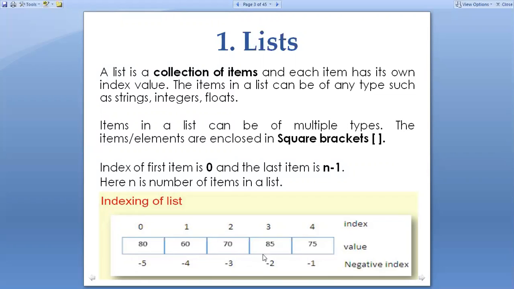Second last will be -2. You have to increase till the last limit. So from right to left it is called negative index, from left to right it is called positive index. Values are stored in these positions only. If you want to retrieve the first value, it will be in the 0th position.